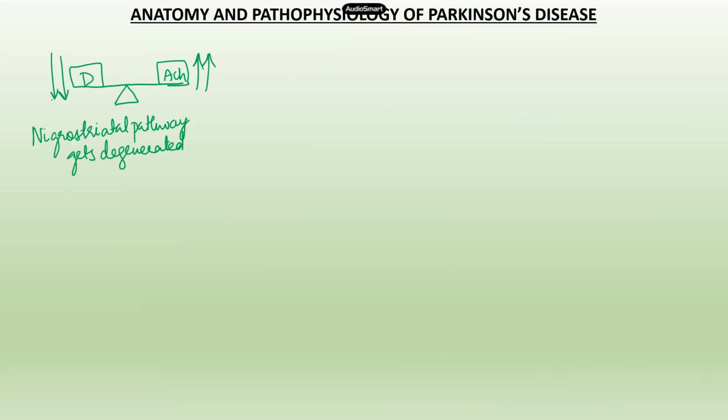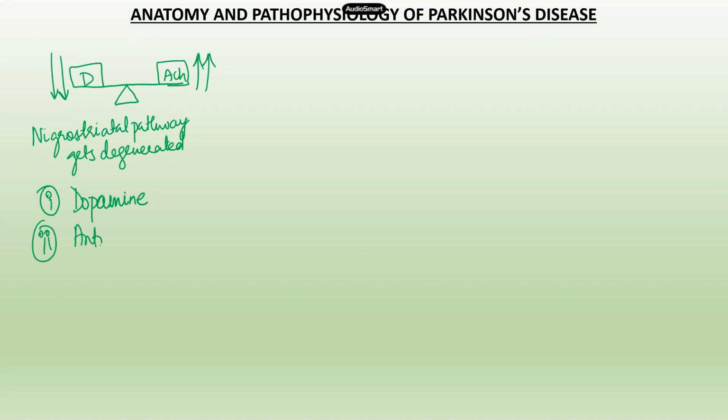It's not that the levels of acetylcholine are going up, it's just that the levels of dopamine are going down. So from here, we get the pharmacology over here is that we need to give drugs that are dopamine rich, or we have to replace the dopamine which has been lost, or